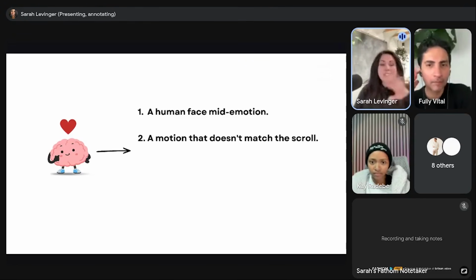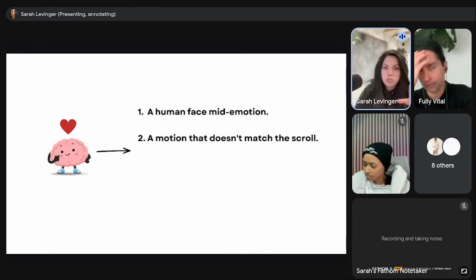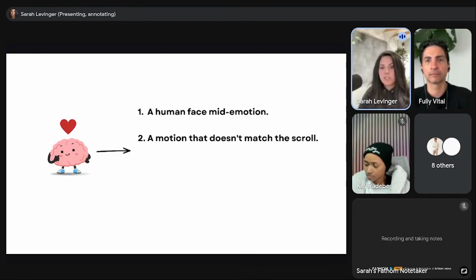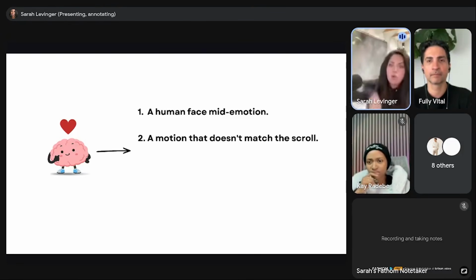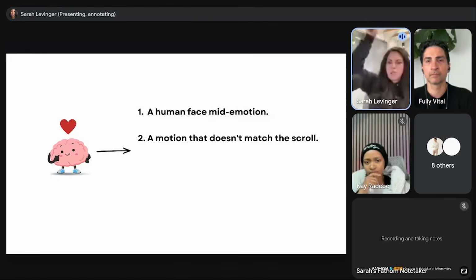Second thing, a motion that doesn't match the scroll. So for instance, if I just randomly kept talking and you guys saw this coming in and I just kept doing this, you'd be like, what is she doing? Motion that doesn't match the scroll. Now, as you know, scroll goes up. So oftentimes I've seen people try and go down with something as you're scrolling up. It's a very keen way to get in that 300 millisecond moment for the brain. You have to stop because something happened that was kind of closing up the gap, instead of what usually happens, which is I scroll up and everything's one frame, right?